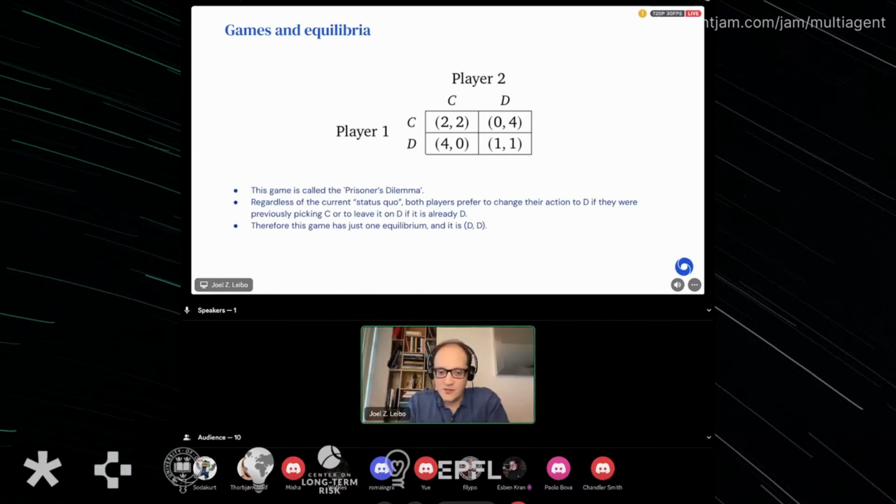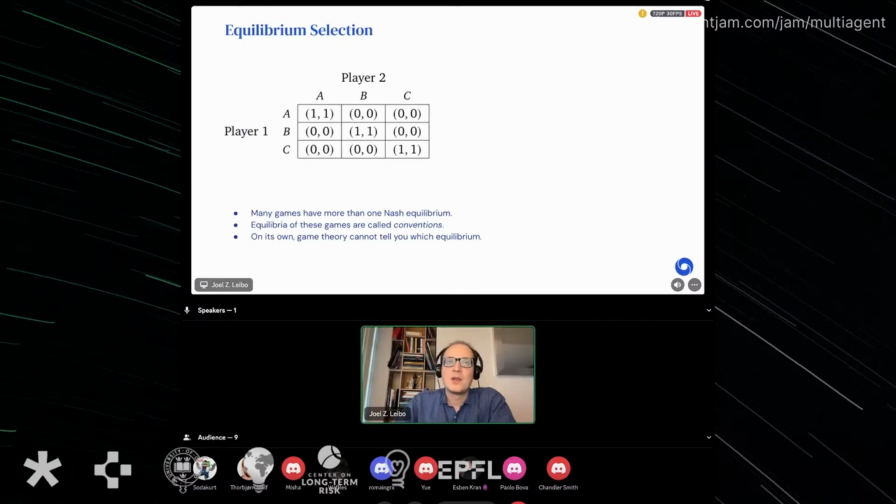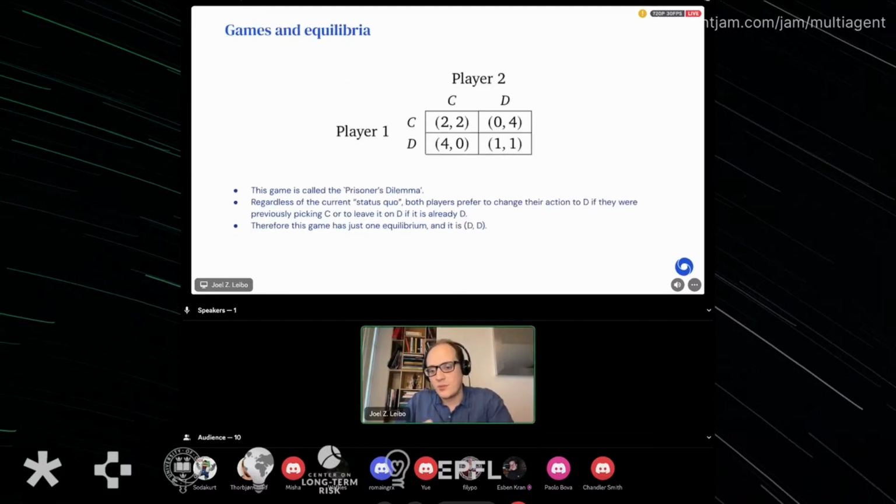This is basically the definition of an equilibrium as well. It's when no one wants to unilaterally deviate. And I think that's all I need to say in this basic background. So I want to talk about equilibrium selection. Many games are not like the one on the previous slide. The one on the previous slide was special in that it had just one equilibrium. Actually, one more thing I need to say about it is that in game theory, you typically see these as predictions, right? The equilibria are basically predictions about the world.